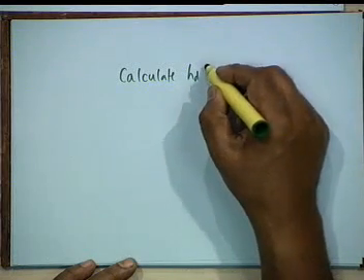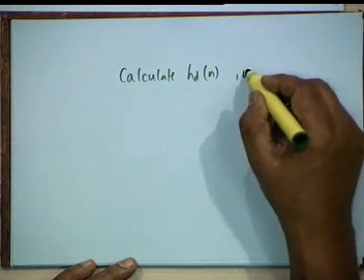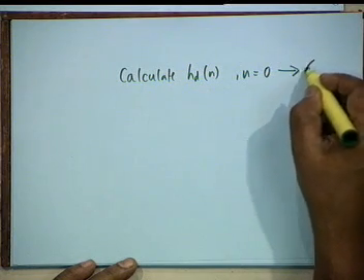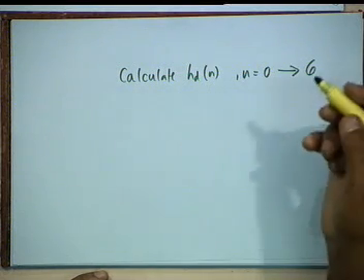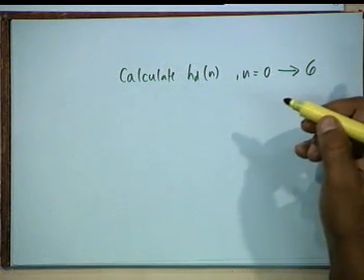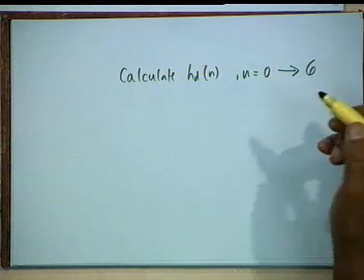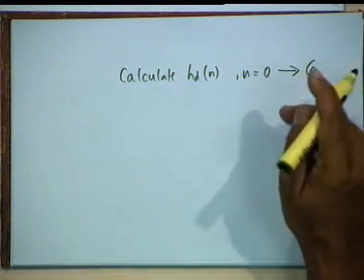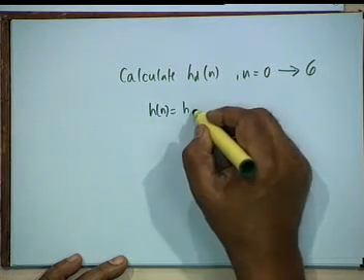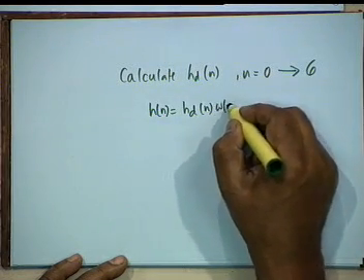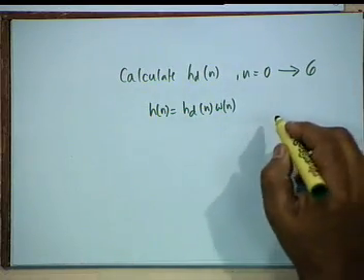So, the steps should be: calculate HD(n), n equal to 0 to 6, in which obviously you have to calculate only n equal to 0, and 3 is already done, 1 minus 2 by pi. So, you have to key in only 1 and 2, that is all. Okay. And then make h of n equal to hd(n) w(n), and w(n), let us say